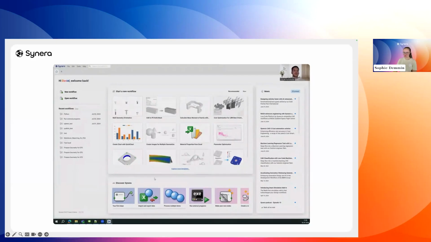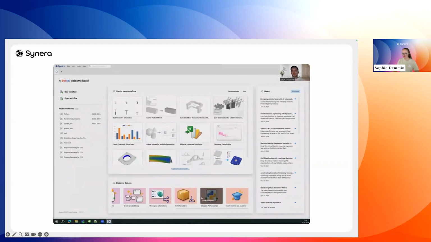What else do we have? So below that, there's this Discover Synera pane that gives you a bit more basic overview of all the features that are there with small examples. And I think it's also very useful because even if you get deep into some part of Synera, that doesn't mean you have the overview over everything that Synera can do. And things like this will help you discover all the features or get started with something new that you want